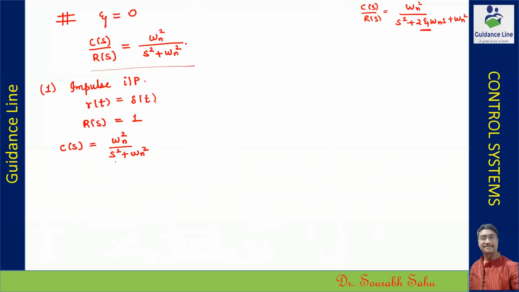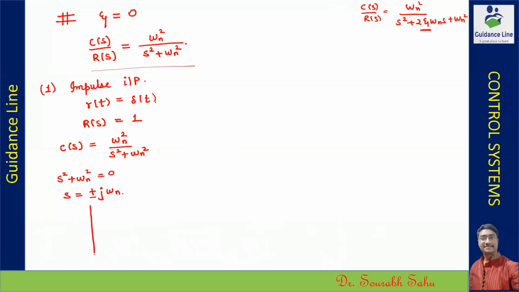Okay, and now you can see we have C(s) represented in this particular format. If I want to find the roots of this equation, I have to set the denominator equal to 0. So this is the characteristic equation for this particular C(s) expression. This is s square plus omega n square equals 0. So we end up with s equals plus minus j omega n, because when it moves to the right side, it is minus omega n square. When I take the square root, minus 1 is j.